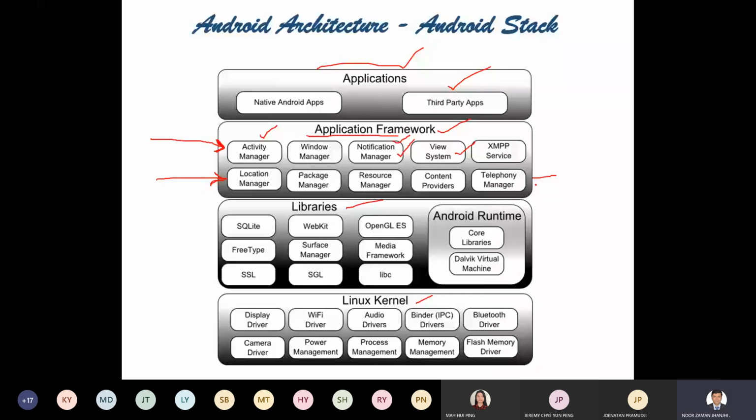Now, when we come to the libraries, these are additional libraries and APIs which provide support for our applications. For example, SQLite is there, SSL is there, SGL is there, Surface Manager is there, Media Framework is there. Suppose we are using a database in our application. Where do we get its support from? We use SQLite, which is available in the libraries. We are not supposed to install or configure anything. These libraries are already available, and we just utilize them